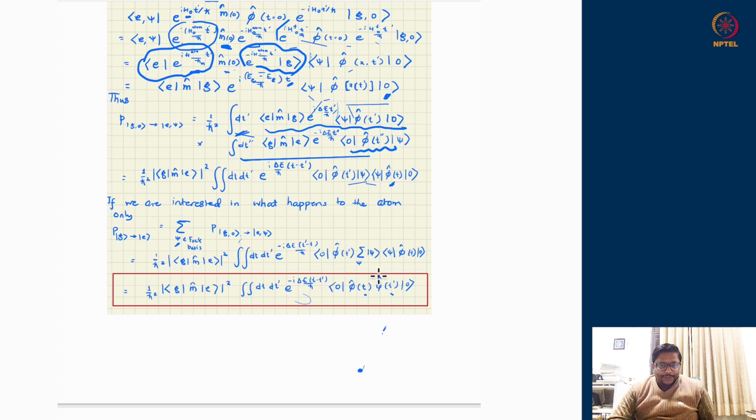But this time, despite its expectation being zero in the vacuum state, the correlator is non-zero. That is a quantum feature, and that correlator's double Fourier transform of this kind will tell me the probability of the atom's excitation. So therefore, we will need to compute this 2-point correlator at t and t prime, which we have done already. I will just use that result in the next class and show you the probability of transitions of atoms, excitations, de-excitations, and other things of the atom through quantum fluctuations.